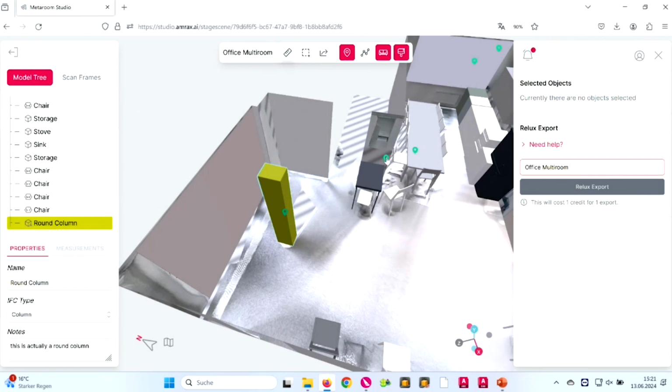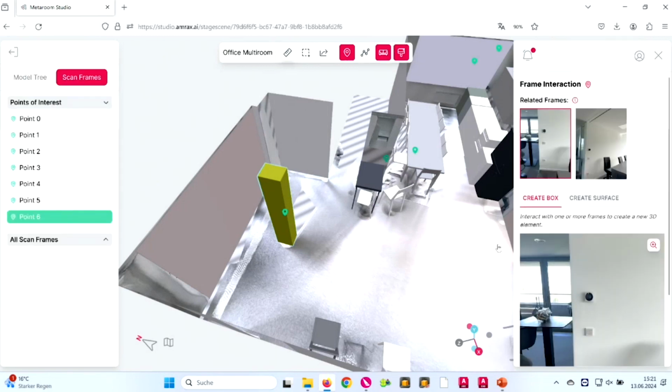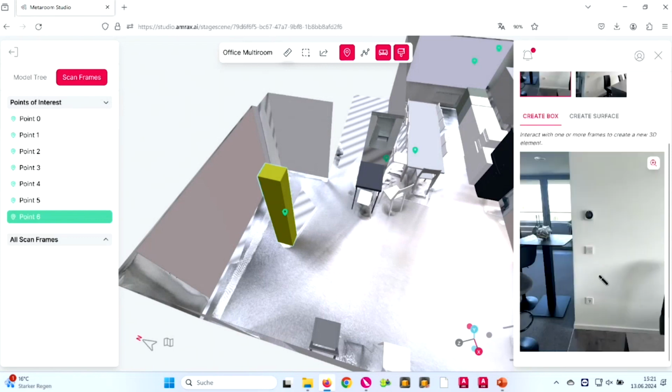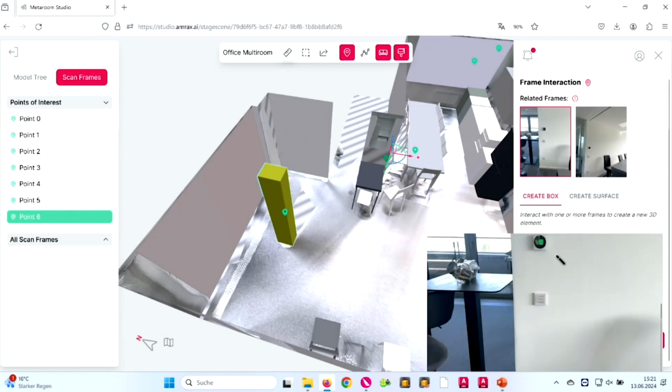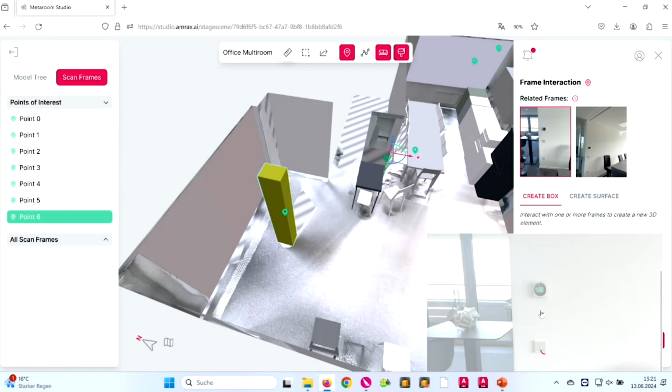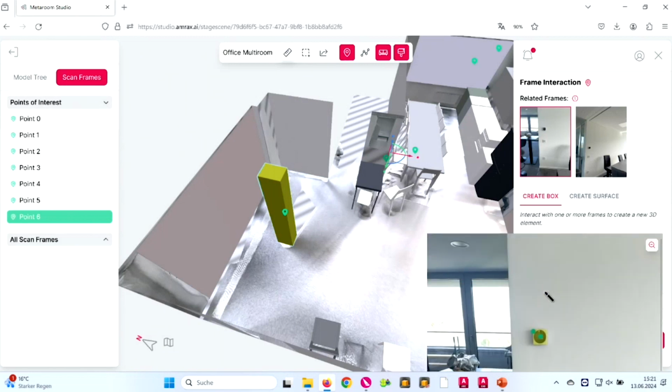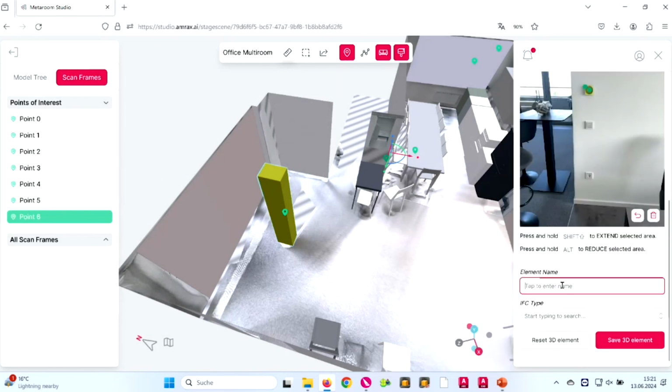Here we have another point of interest, which was set on this wall, which contains 3 different elements that we would like to add to the scene. On one hand, a thermostat, again with one click. So another feature that we have, which you might have already noticed, is this zoom in function. So if you have very small objects that you would like to select, you can use the zoom in function in order to capture them in more detail. Then we zoom out again and add this thermostat to the scene